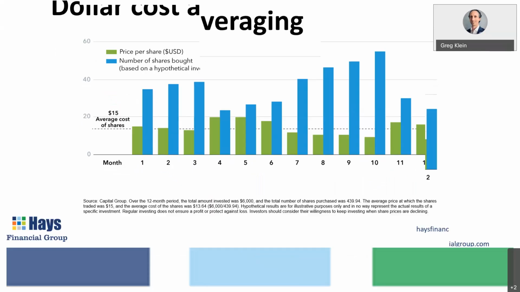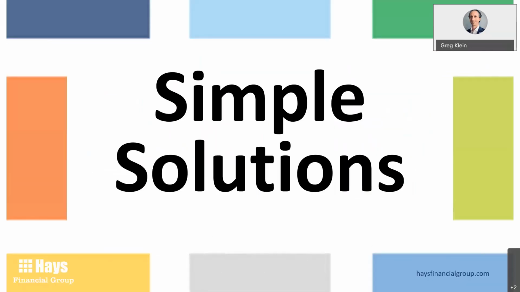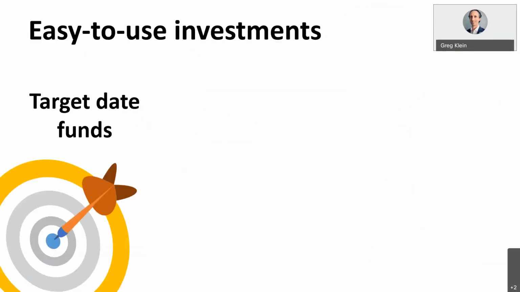So those three best practices, and they're simple solutions for doing that in any retirement account, 401k, 403b. There's simple solutions where you can tick a lot of these boxes, by just picking one type of investment. Because all these 401k, 403b plans will have something like a target date fund, which is a fund that does all those best practices. They'll diversify. So they're going to spread your money out in one single investment. They'll put you into low, medium, high risk investments. So like the cash, bonds, stocks, and international stocks.